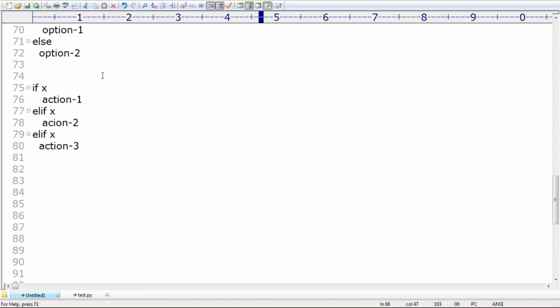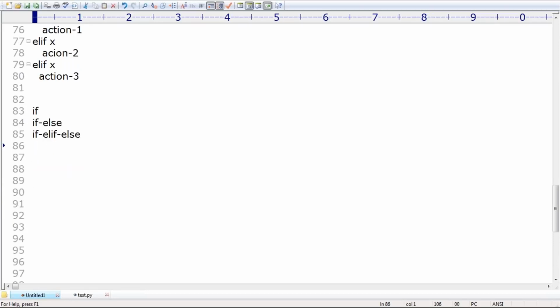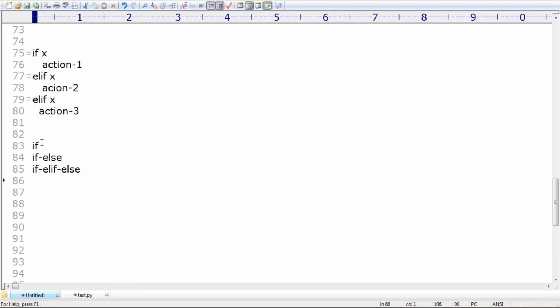Okay. Sir, how many conditional statements are available in Python? If is available, only if you can use, or otherwise if else we can use, or if elif else we can use. So in total, you can use if, if else, or if elif else. We are allowed to use all of them, no problem at all. Clear? Are you able to understand?